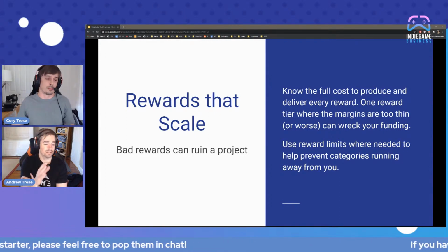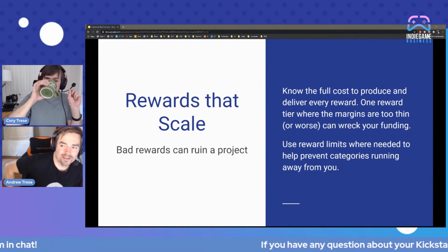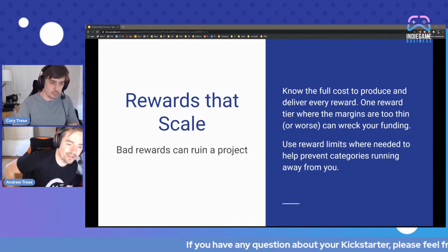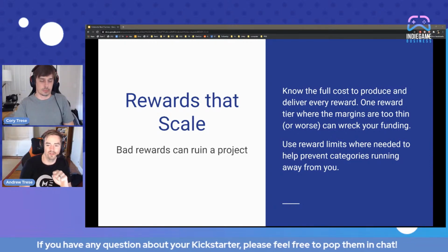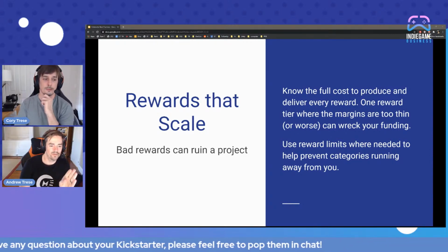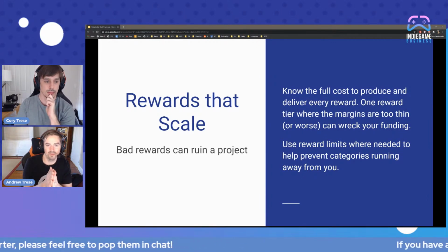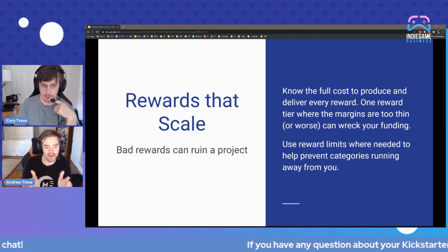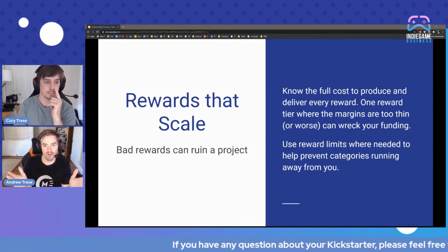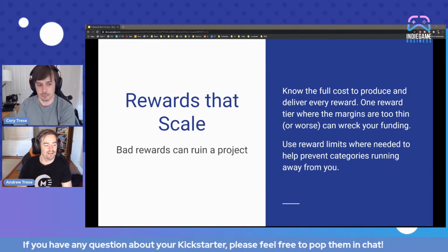Just to touch on that, especially with rewards, this is the touchiest thing for backers. This is where a backer has their happiness factors directly tied to your reward. If you're making a video game, then the number one reward a lot of people care about is, did you deliver an amazing video game? Is the game fun? And so every backer is probably going to have that. Their happiness with your campaign is tied to that reward.